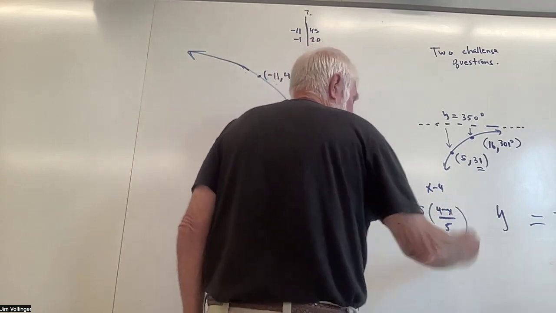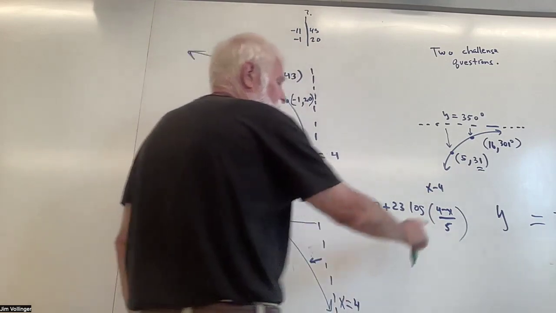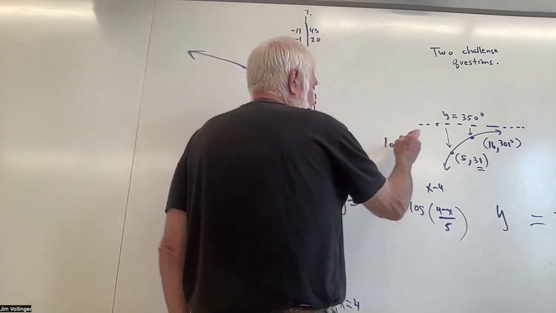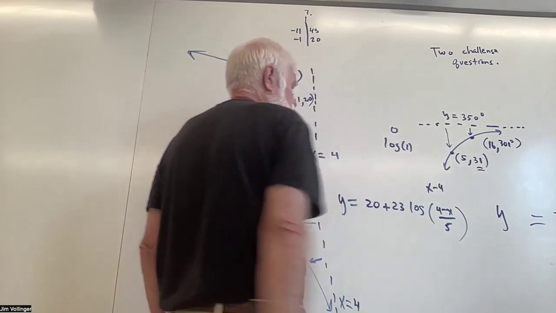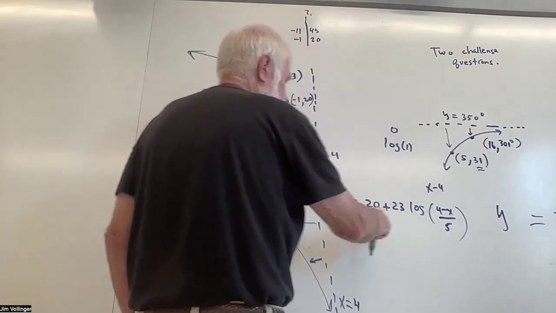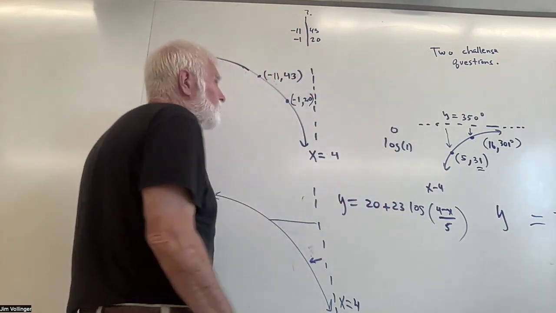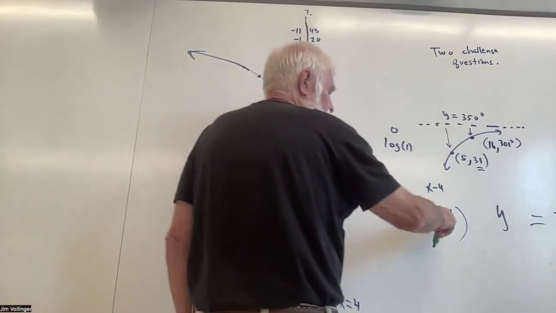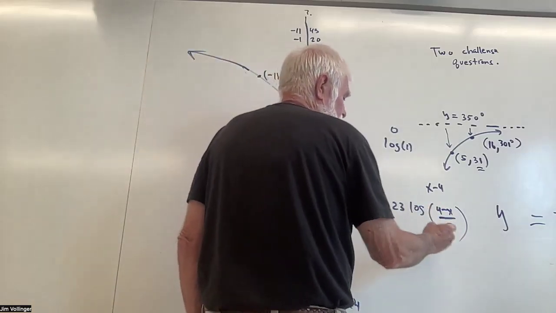So I'll divide by 5. 4 plus 1 is 5. But 5 divided by 5 is 1. And I don't care what the base is. Log 1 gets you 0. 0 times anything is 0. Bingo, you got 20. Now when we drop -11 in, we get 15 over 5, which is a base 3